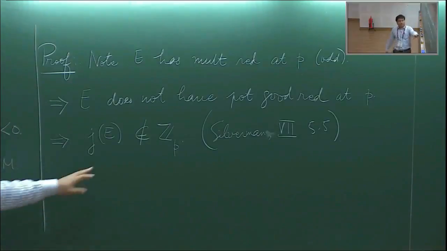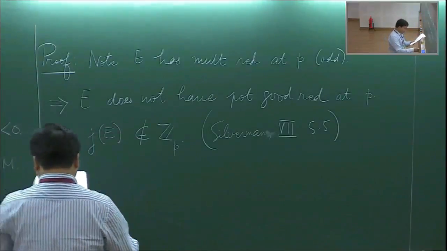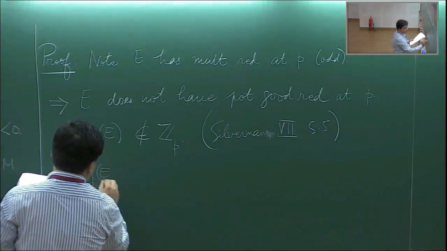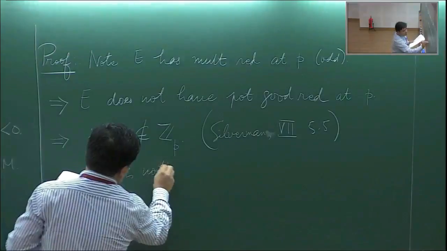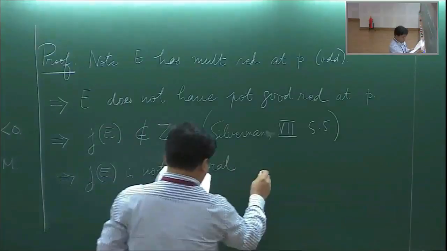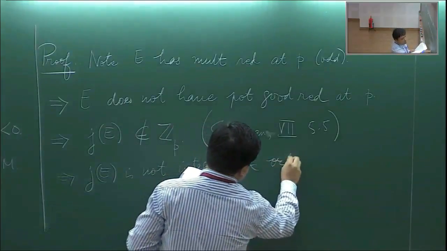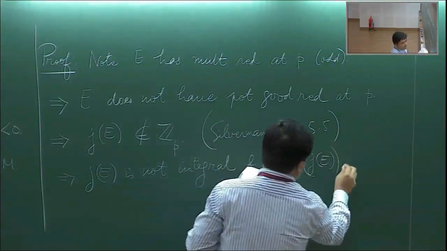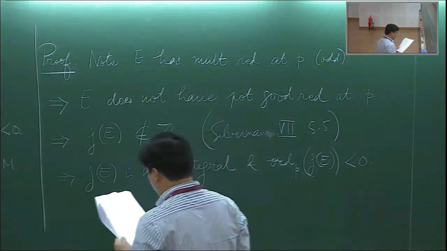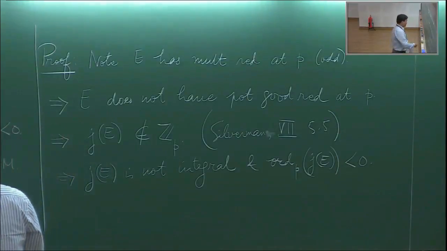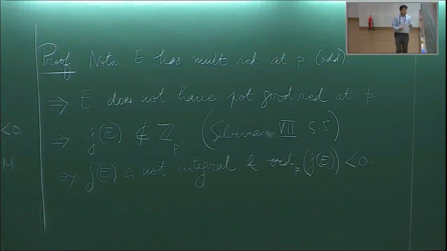And it's not inside ZP, which means that j(E) is not integral, right? And the order of P dividing j(E) is less than 0. So in particular, if AB is not equal to 1, then you will have an odd prime,